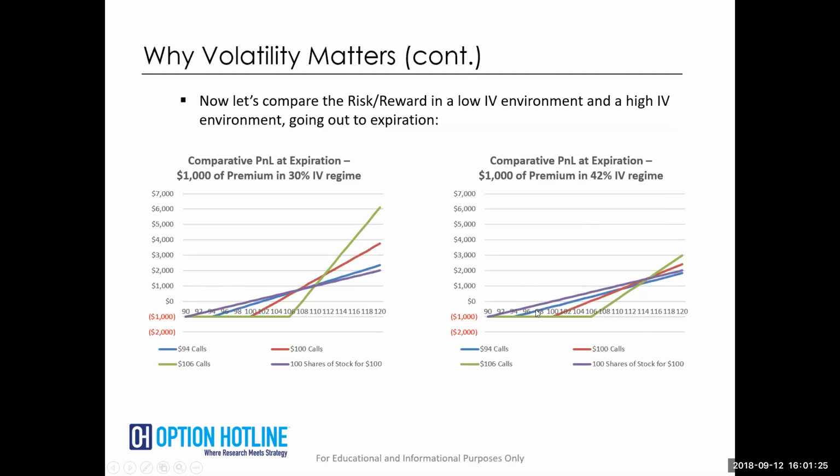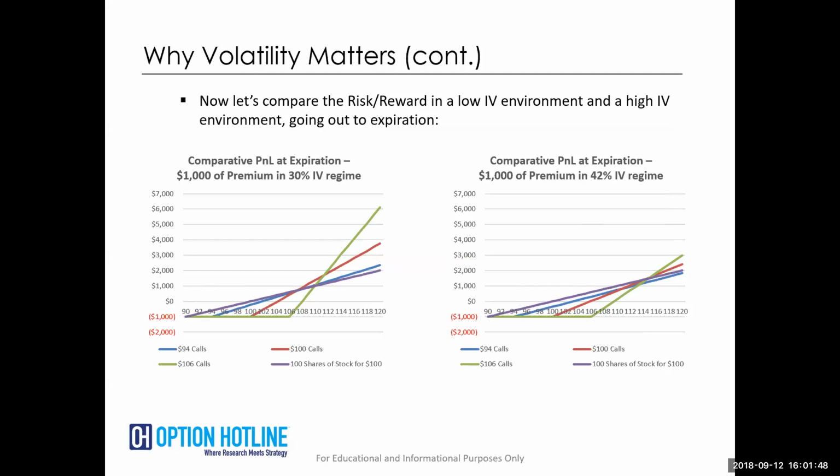So all of these things lead me to the point where if I don't get an edge in volatility, then I shouldn't be just buying out of the money options or at the money options or even in the money options because I'm not getting the leverage. I don't get real profit potential relative to stock. I'd be better off just buying my stock, setting my stop loss, and keeping it simple.